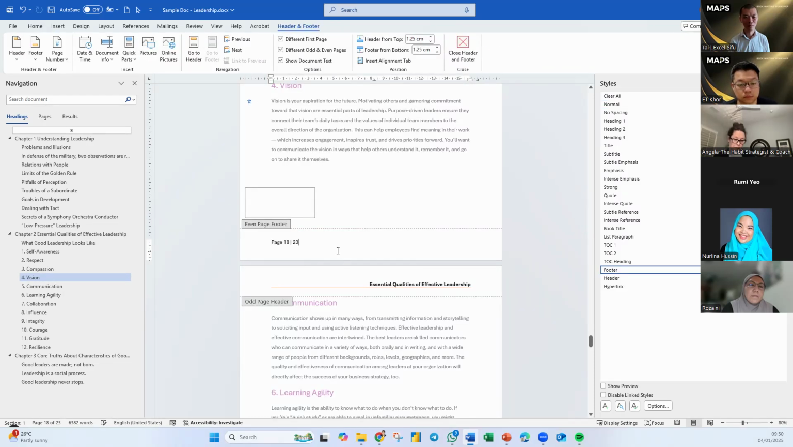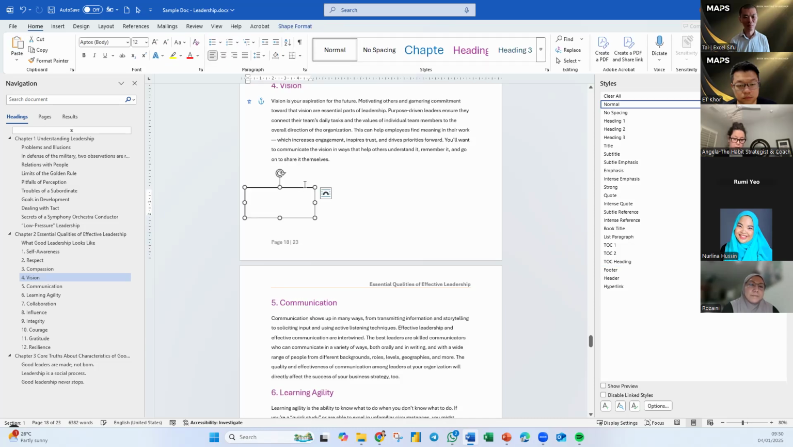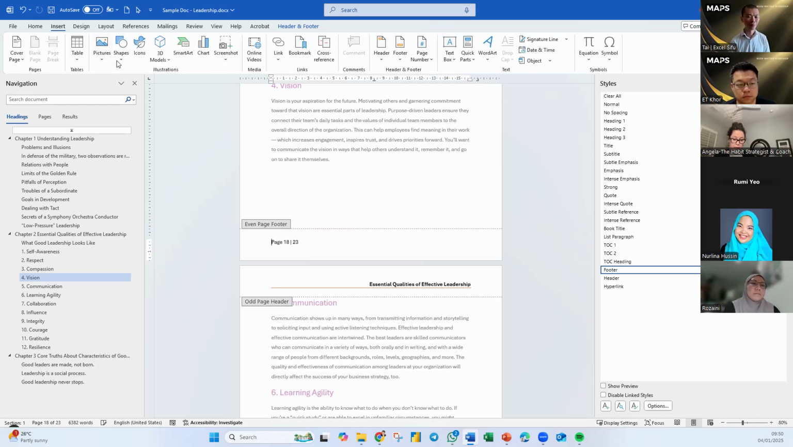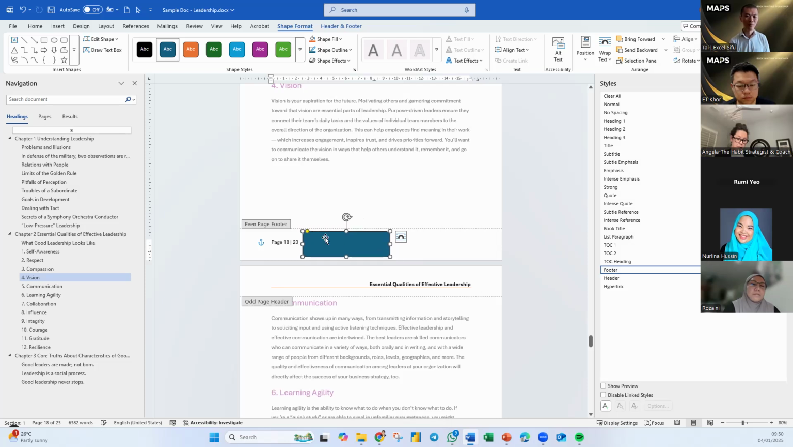Sorry about this. I should draw the box while I am in the page footer here. Insert shapes, I draw a box. So I draw a rounded box here like this. Assuming I want to be a little bit more creative by having a little bit of design, something like